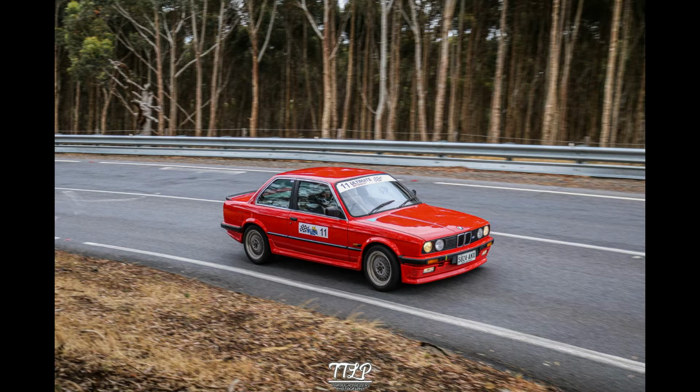It's probably a good point to actually talk about a little bit of a frustration that I have with not just motorsport at this level, but motorsport in general, is, I guess, inconsistency in the application of the rules. And the reason I say that is if you have a look at this picture here,